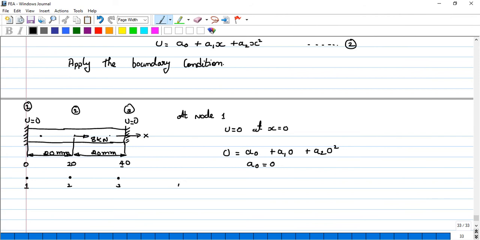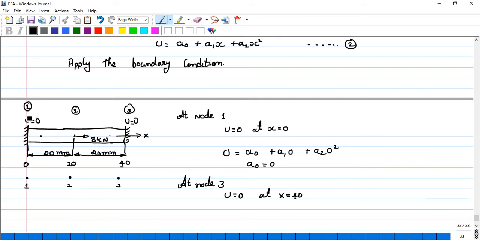Next we shall move on to node number 2. Actually, let me take node number 2 later. Let me move on to the next, where the displacement is directly 0, so that it will be easy for me. I have done node number 1, and now I'm moving on to the last point, node number 3. We know that displacement is 0, so let me substitute the same. u will be 0, but x will not be 0. At x equal to 40, the measuring value will be increased.